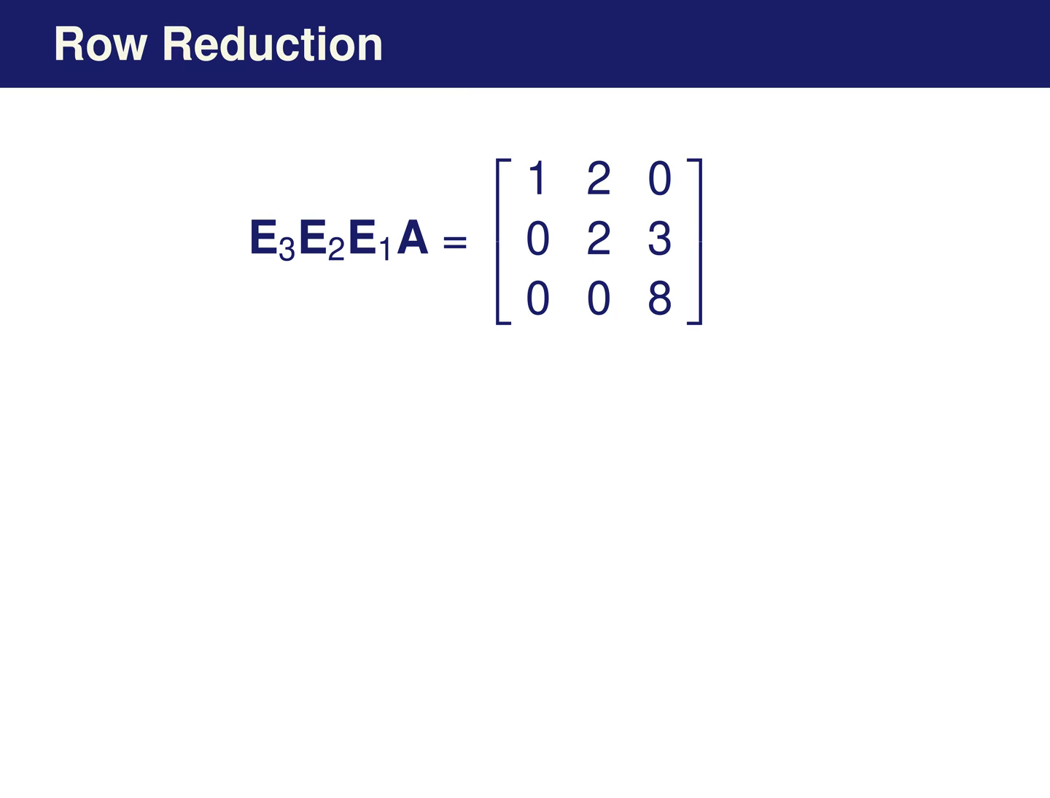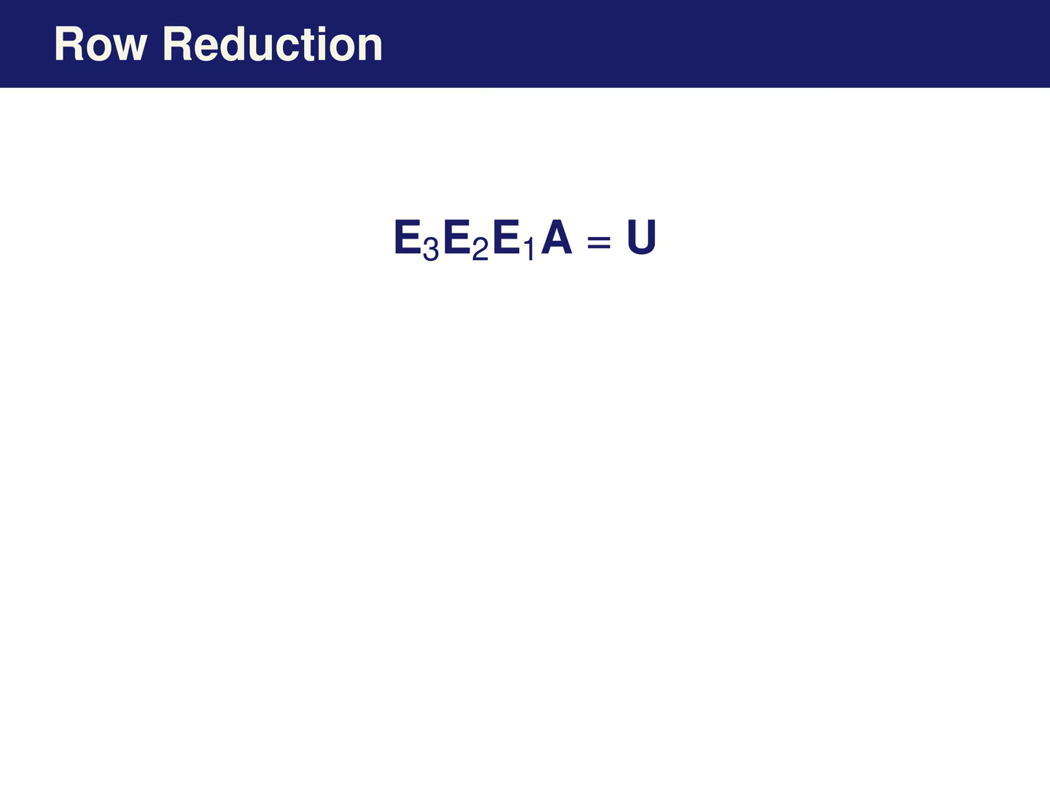All the elements below the diagonal of an upper triangular matrix are 0. We'll call it U. Then E3, E2, E1A equals U. Let's look at what this says about the original matrix A. We can move the operator E3, E2, E1 to the right-hand side as an inverse. We already know explicitly the value of U, so let's find the value of the inverse of the product of